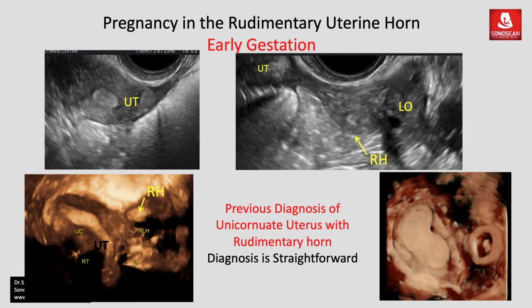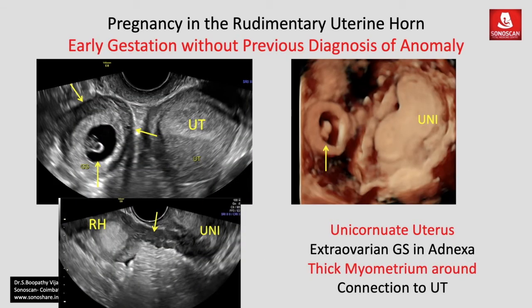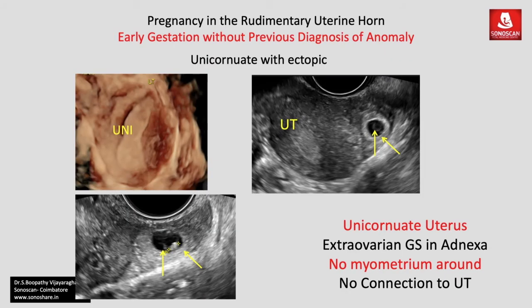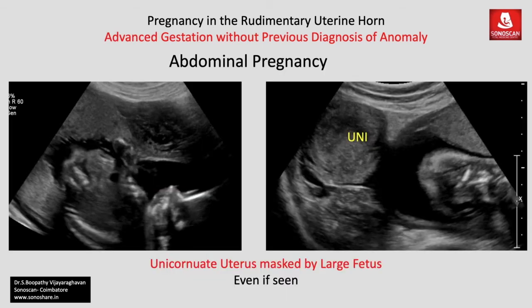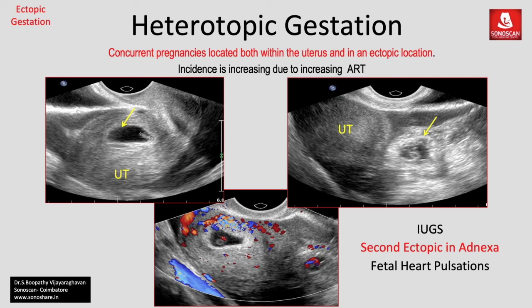This is a very rare rudimentary horn with a unicornuate uterus. So with all these features, the more probable diagnosis is a unicornuate uterus with a tubal ectopic gestation. With a duplicated cervix, it will indicate a didelphys with pregnancy in one rudimentary horn or an abdominal pregnancy. Both are possible. And on color Doppler and real time, you may see an embryo with heart pulsations in